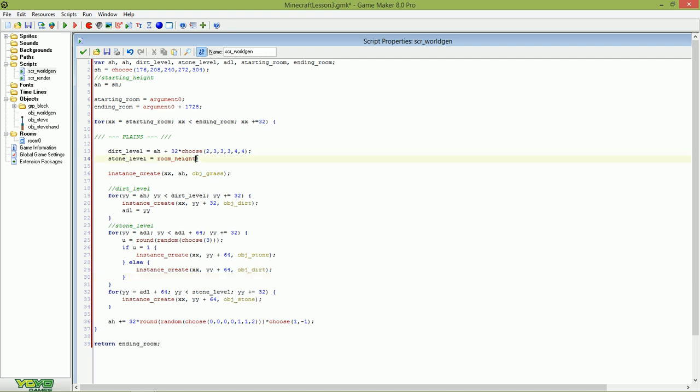It's that easy. And then for the infinite downstairs world, when we dig down, we see here that the stone is created when the y position is smaller than the stone level, and the stone level is our room height, so that's not pretty deep, right? So let's change that to this,